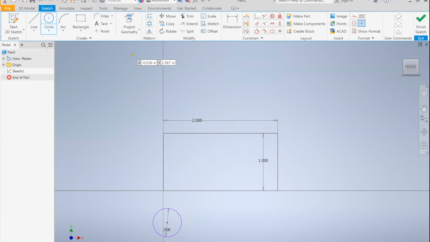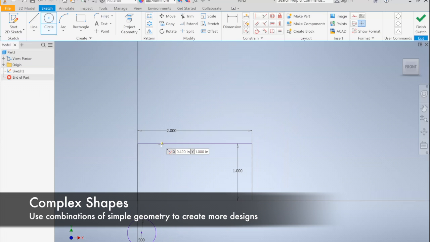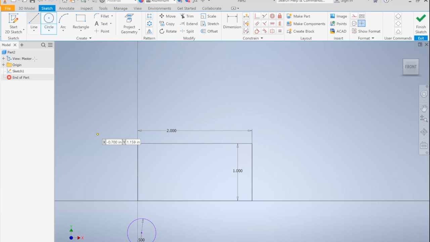Why don't we start playing with some lines? You can use lines to make more complex shapes. A rectangle will just give you a set of lines which are already parallel to each other on all sides and have only right angles. But say I want to make a trapezoid, I can use lines to do that. We'll start with a normal quadrilateral. It's not fully defined. We just want to have a 4-sided shape that we can eventually use and modify to make a trapezoid. So the first step, as you already know, is to use the dimension feature and click on,